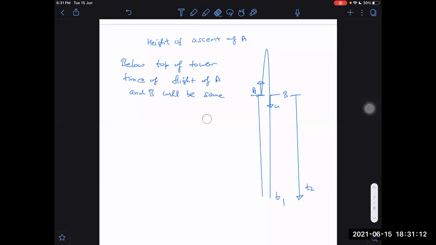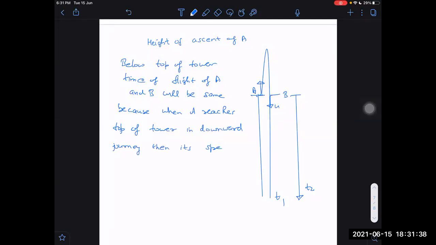Why will it be the same? Because when A reaches the top of the tower in its downward journey, then